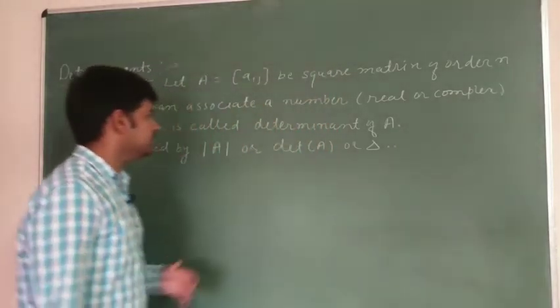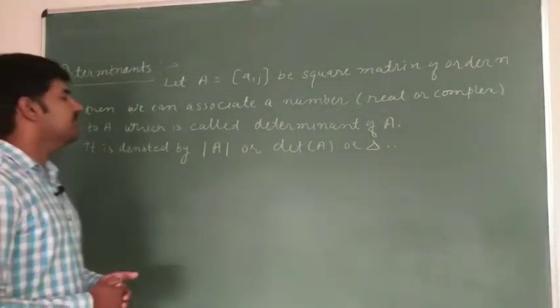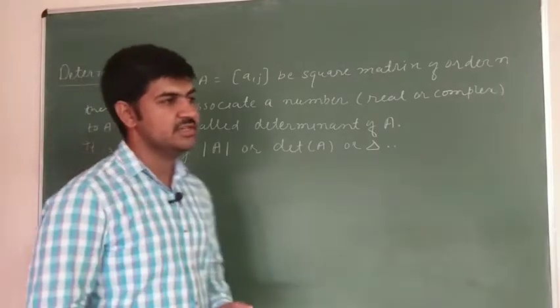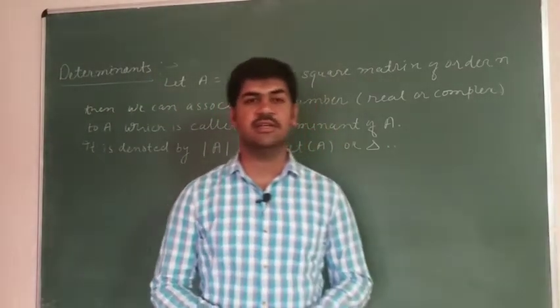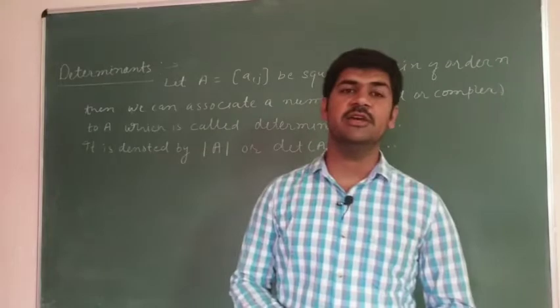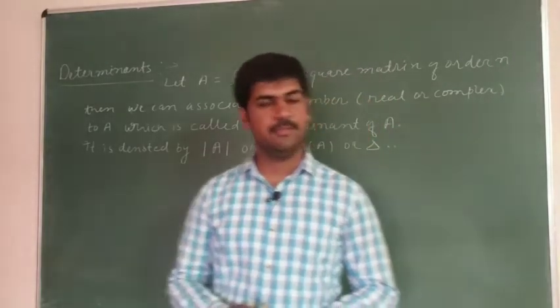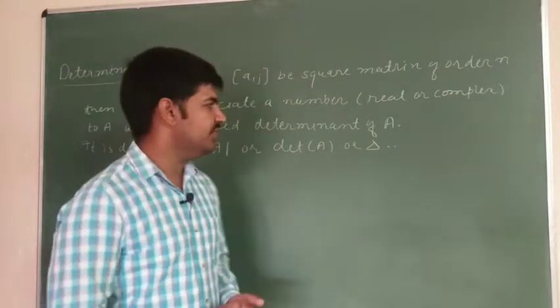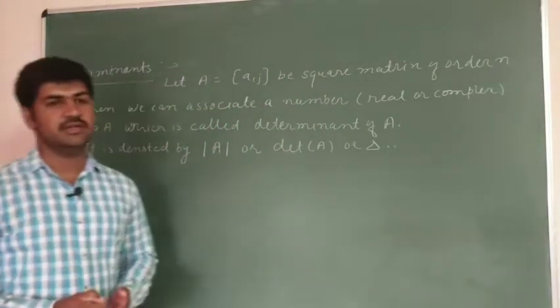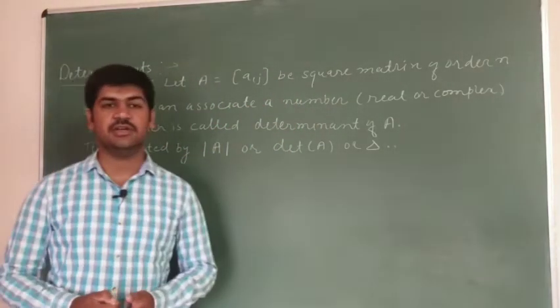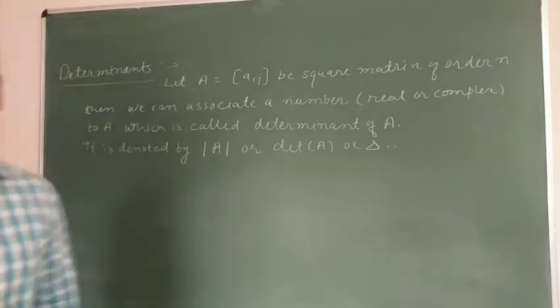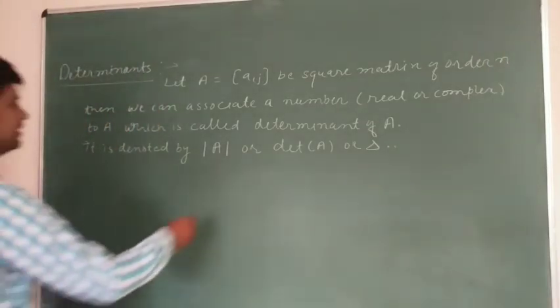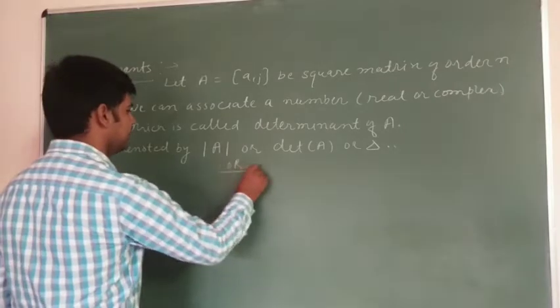So this is the general definition of a determinant. So what is a determinant? A determinant is a fixed number associated to a square matrix. Now this is the simple and basic definition of determinants. Now we will also talk about the definition of determinant in terms of functions. So here I write, students, another definition of determinants.